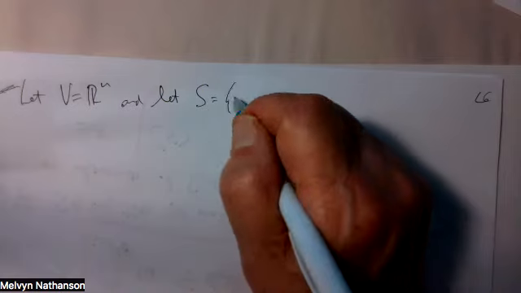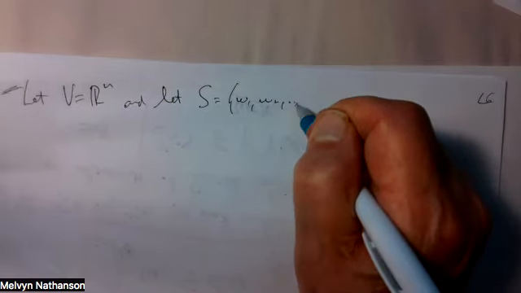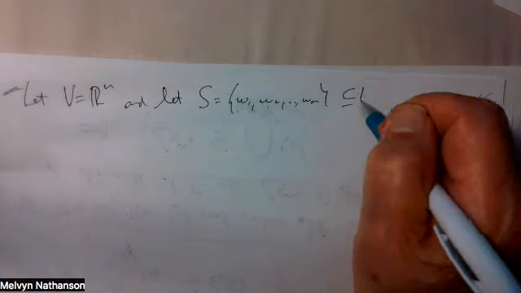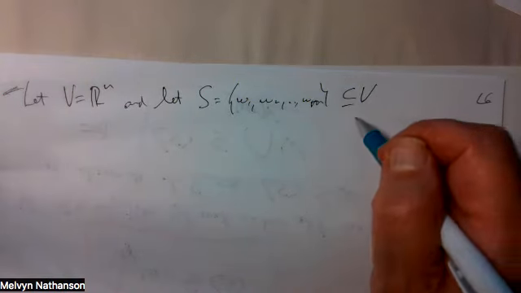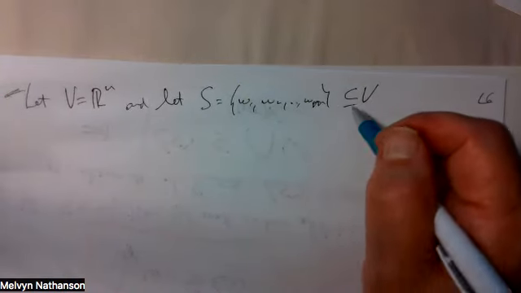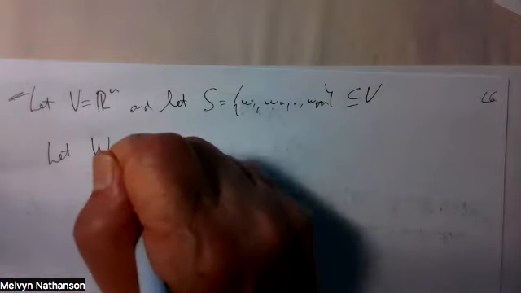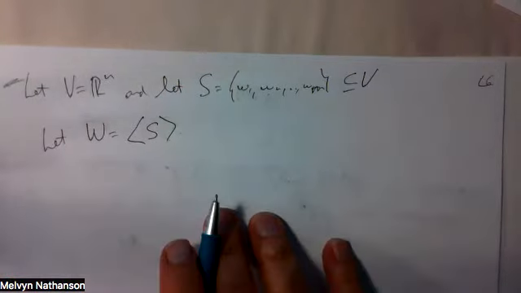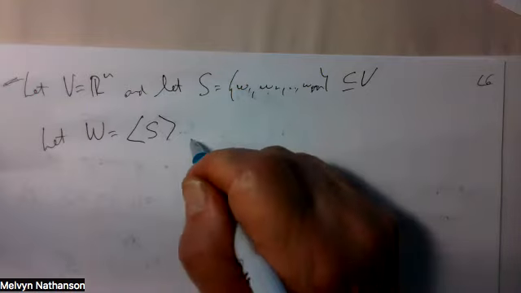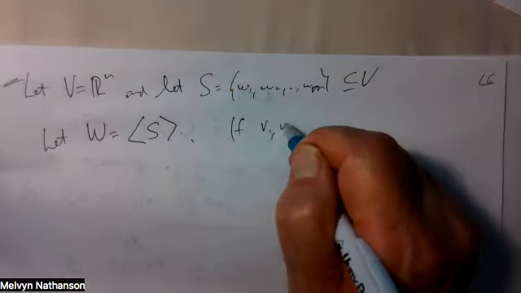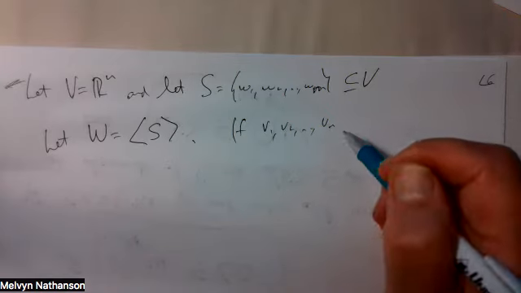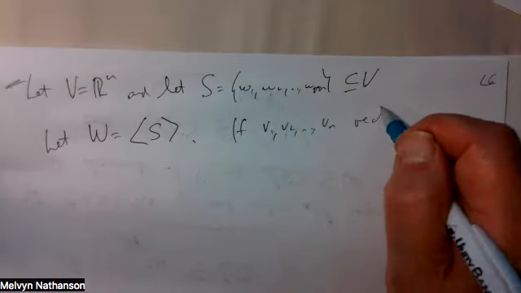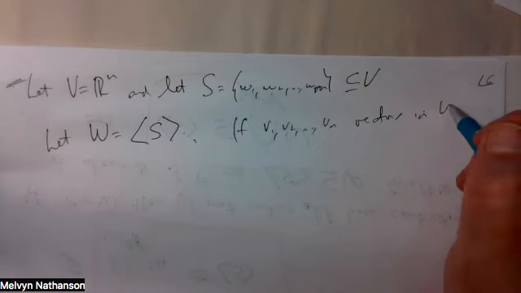And let S be some set of m vectors, a subset of V consisting of m vectors. And suppose we let W be the subspace generated by S. If we take v1, v2 up to vn, this is some sequence of vectors in W,